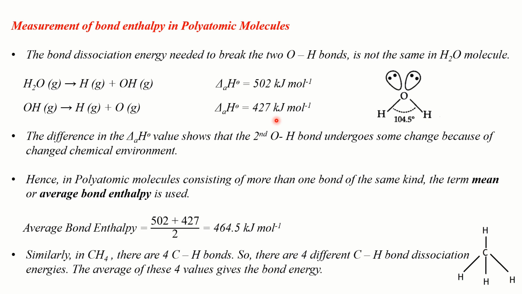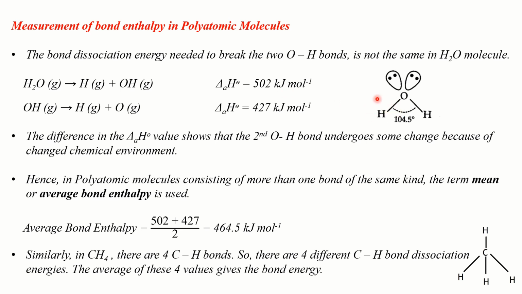You can see that the bond dissociation enthalpy of the first OH bond is greater than the bond dissociation enthalpy of the second OH bond. This is because more energy is required to break one of the two OH bonds of water molecule, which is a stable molecule. So we need to supply more energy if we want to break one of the OH bonds of the already stable water molecule. That is why you have a greater value of bond dissociation enthalpy corresponding to the breakage of the first OH bond.